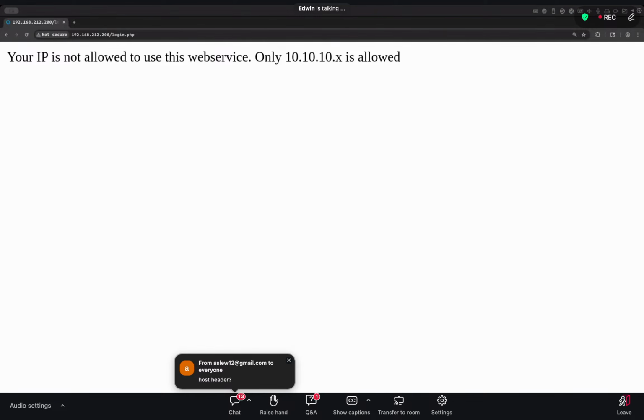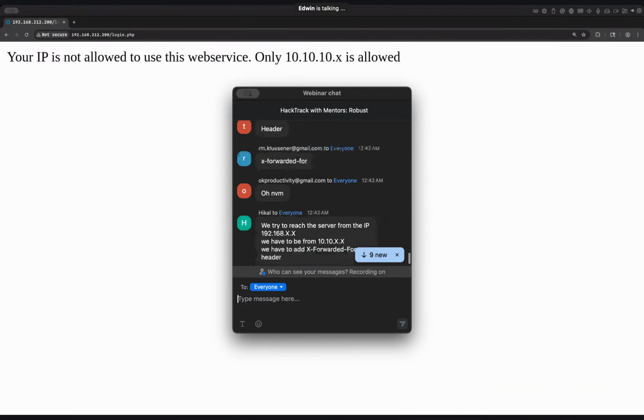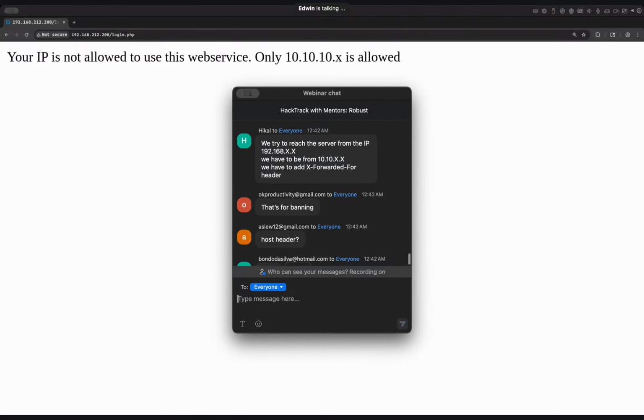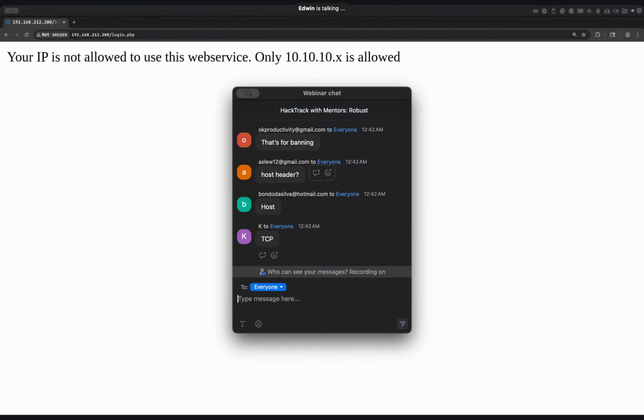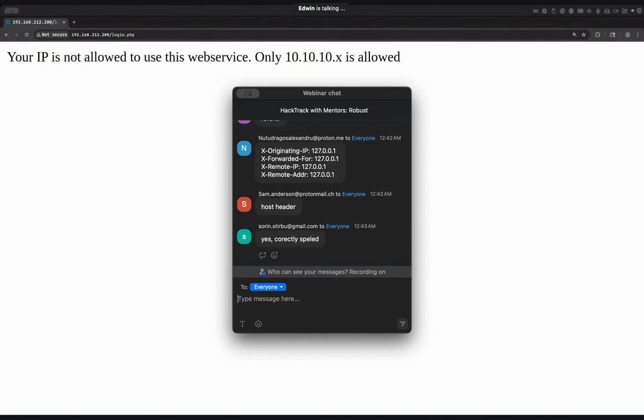So, I see on the chat that Sorin, I hope I'm pronouncing your name correctly, is mentioning a header. Thomas is also mentioning the X-Forwarded-For header. Okay, good. So, at a network level, a server could observe the source address of the system directly connected to it,